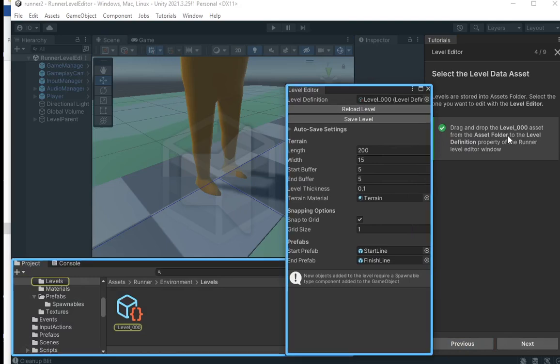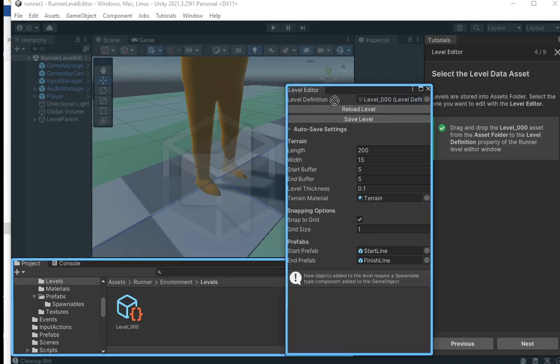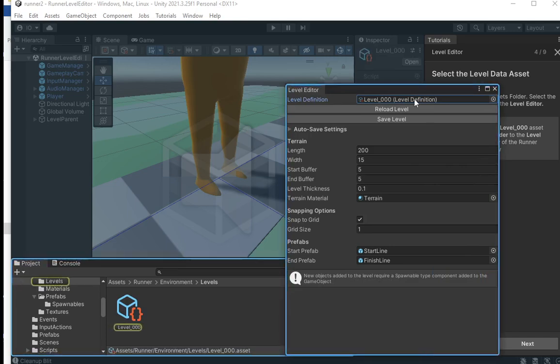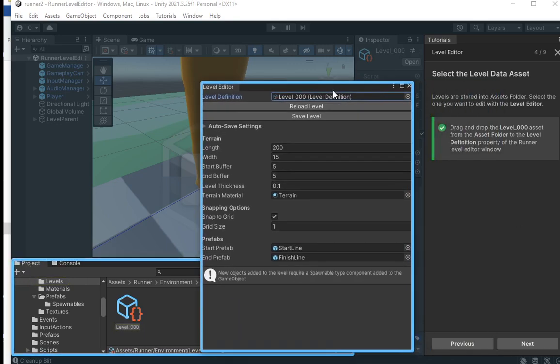It says drag and drop level 000 from the asset folder to the level definition. Okay, level definition is here. So you have to drag and drop it to level definition, which is next to it. So it will be somewhere here, level definition. Okay, next,